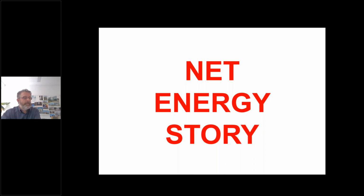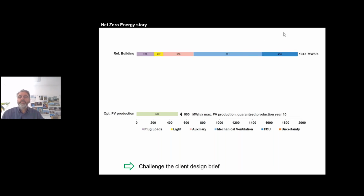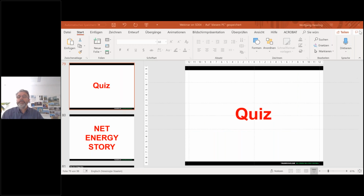What I learned from this is that since then I typically try to implement a net energy story as a kind of process in the buildings we are involved with, because it turned out to be such a powerful element and tool. So let me start this net energy story with what is available at the site. So what is actually the quality of the site? And if we have a roof extending over the building, what we quickly learned is that the optimized photovoltaic production on the roof will give us something like 500 megawatt hours per year maximum. And setting that in context with the typical energy,